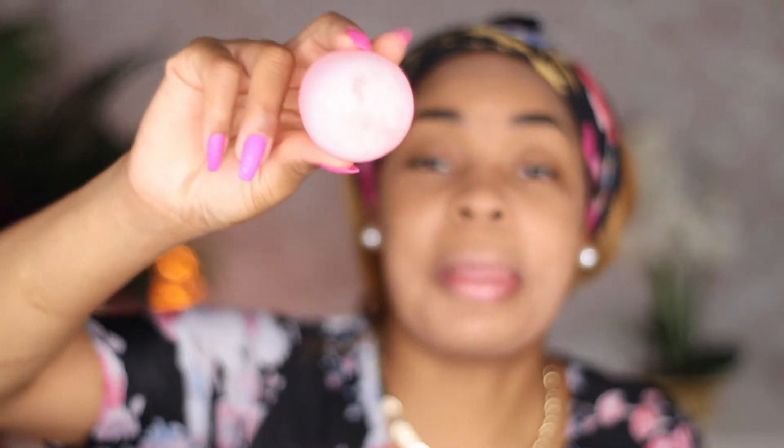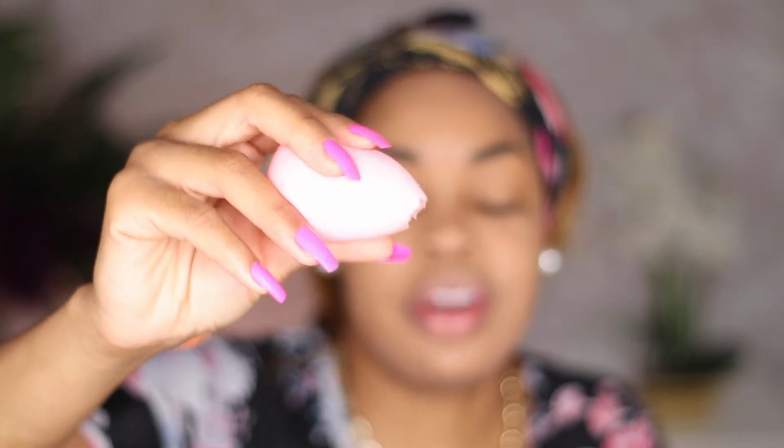So I've already went ahead and pounded this in. As you can see, it's a little bit lighter than me. So yeah, you're gonna go ahead and use a damp beauty blender. Don't mind the blender, that was my daughter. So a damp beauty blender, and